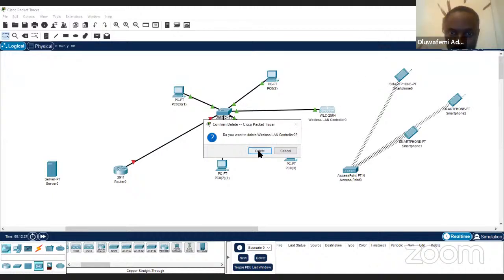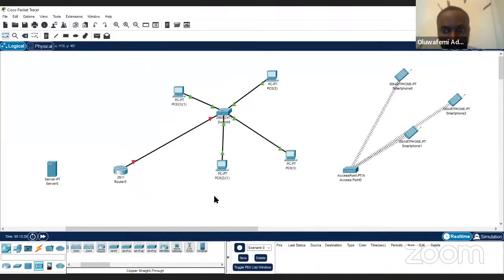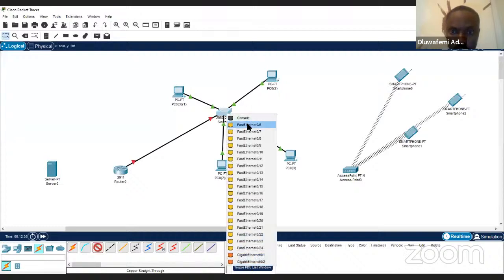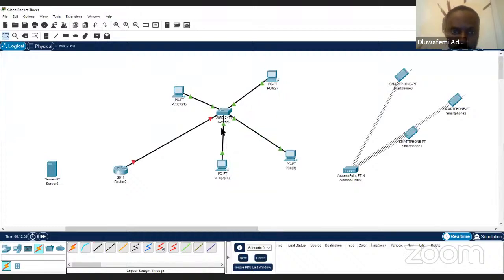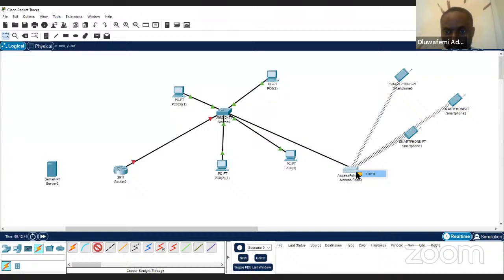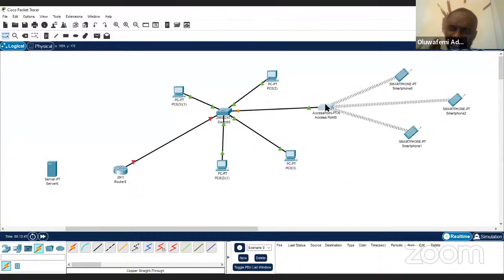Okay, so exactly the device I'm looking for. So this is an access point, right? I'm going to connect it to the network too. I'm not going to use port 10 because it's a wireless network, just to be different from the others. So does this make any sense to you?